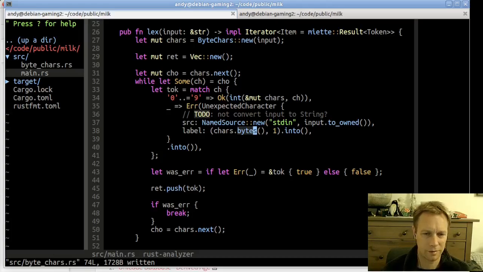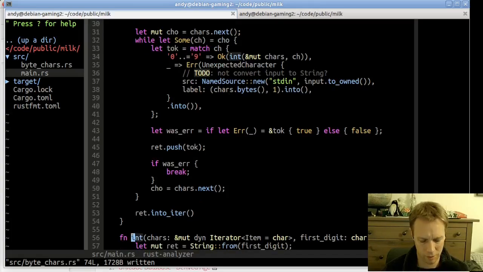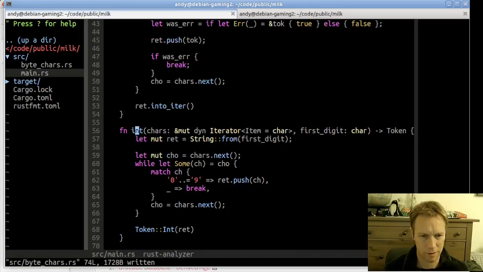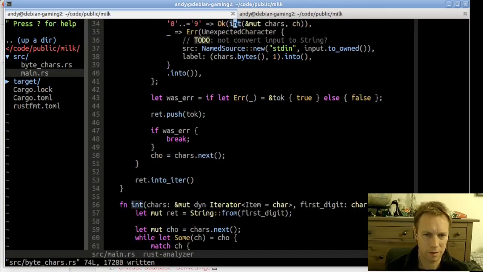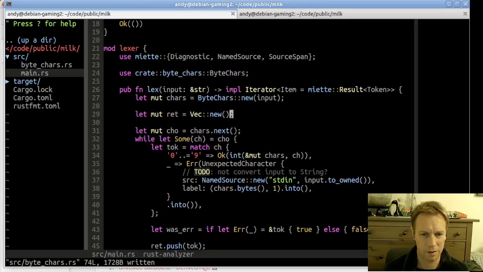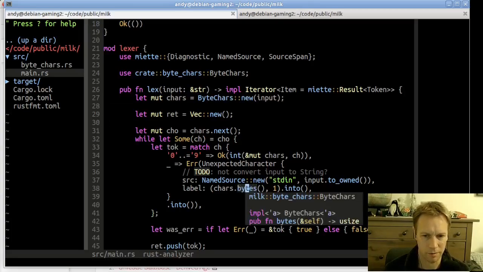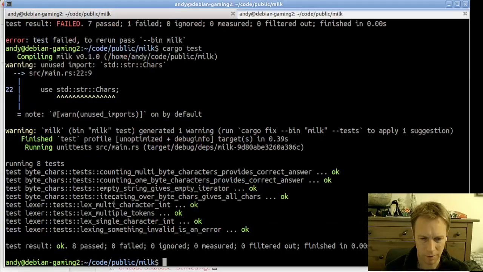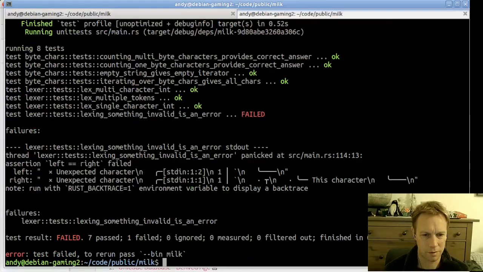All right, so actually we got away with not even changing the type that we pass into int, because int doesn't actually need to know that it's a ByteChars that we've passed in here. It's just anything that implements iterator is fine by it. So at least for now, we didn't need to change the type on that. But because the type here is known, because chars is right here, we've got this bytes method that we can use. Now if our tests pass,